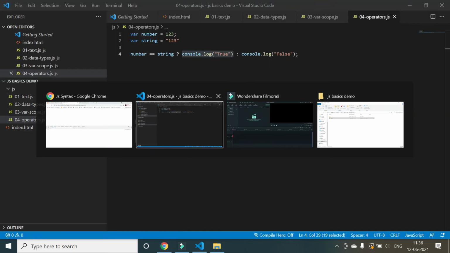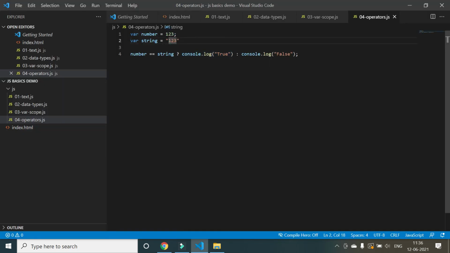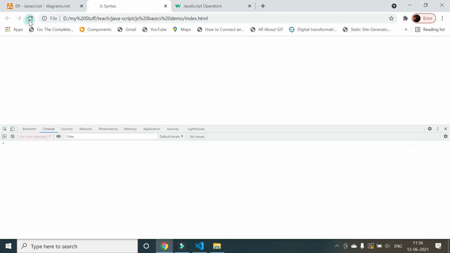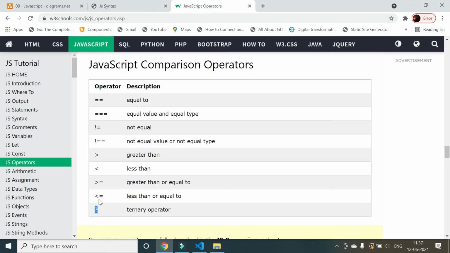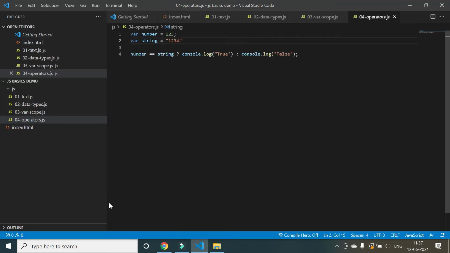It printed true. If I give 4 here, now both values are not matching, so it should print false. That's how this question mark operator works. These are the only operators which are extra in JavaScript. Everything else is the same. Let's make our learning process quick. Let's not practice everything. We'll just try to understand what is extra in JavaScript so that we can make the learning quicker. Okay, thank you, and let's proceed.